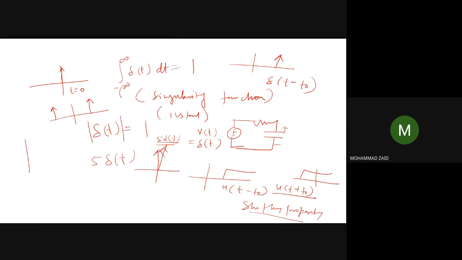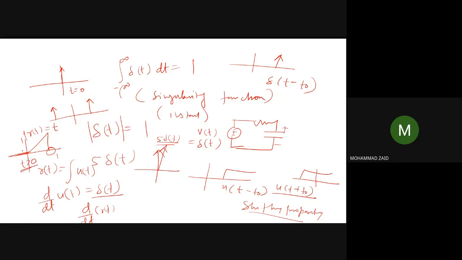Another function which is also famous is the ramp function. This is also discontinuous at this point. So r(t) is basically the integration of u(t), and differentiation of u(t) will give you delta t. Or the differentiation d by dt of the r(t) function. This is the r(t) function. r(t) is equal to t. If it is 1, then this is also 1. It is also defined for t greater than 0 if you are not shifting it to any other point.